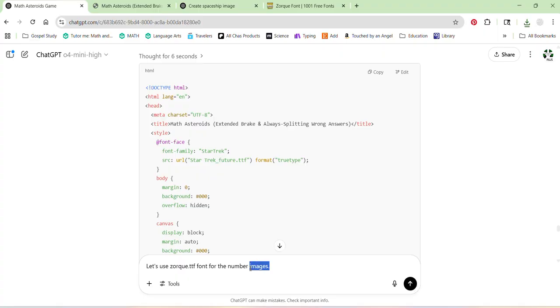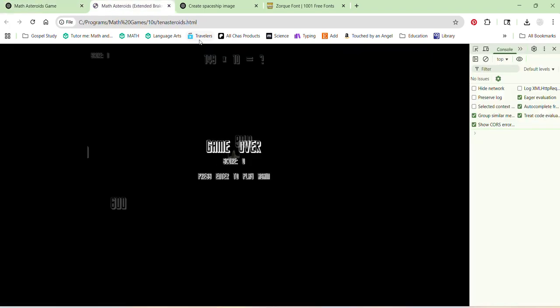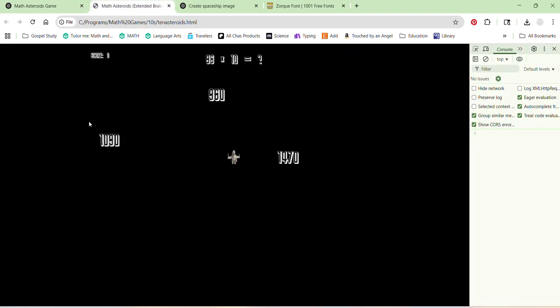Or the number texts. And the other one, I forgot what it's called, Star Trek something or Trek something, I don't know. The other one for words. I think that'll work. Oh, and one thing I would like is to have stars in the background, but I got to be careful though, so it doesn't look like